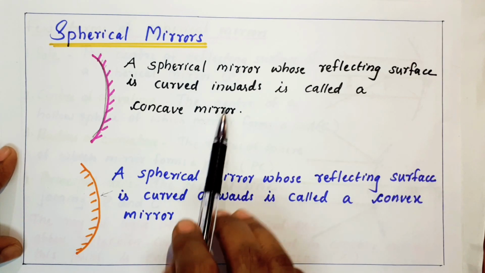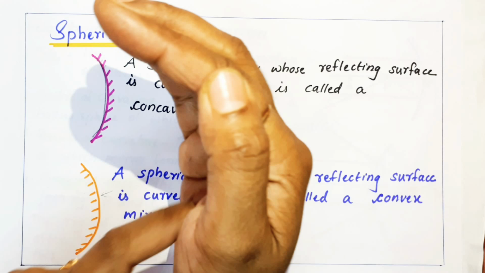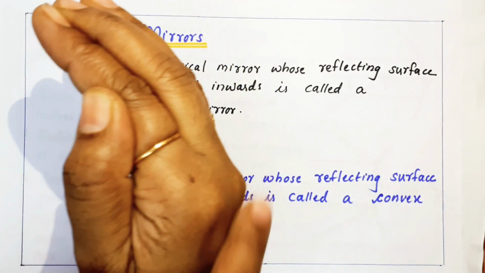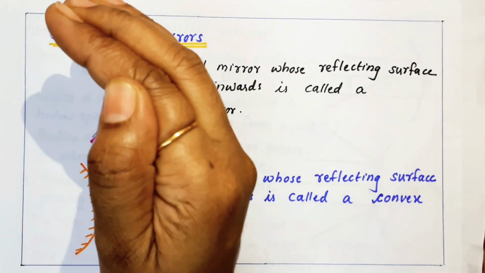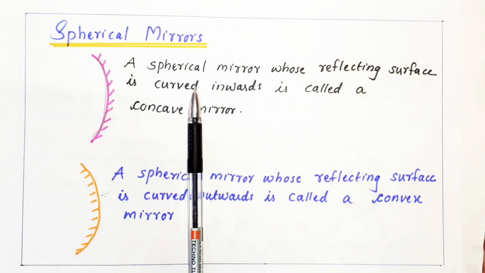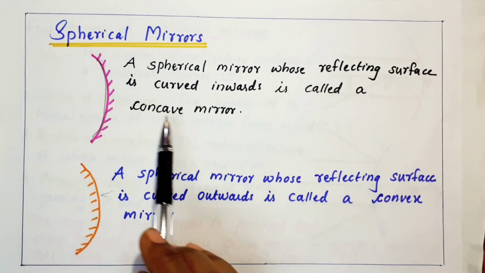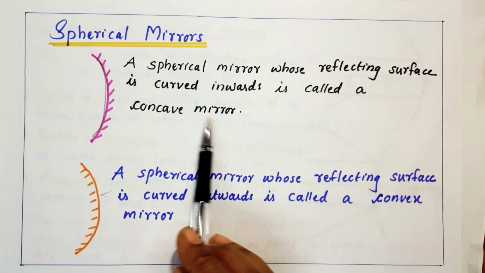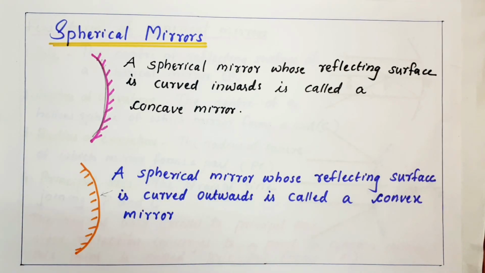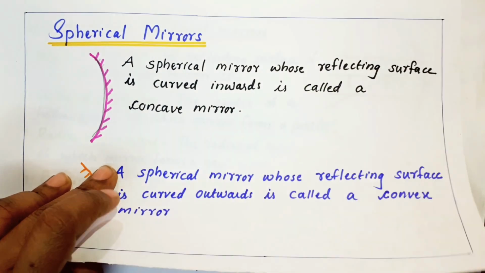I hope you understood. Curved inwards. See again, this part is curved inwards, so this part acts as a concave mirror. This part acts as a convex mirror. Same, in a spoon also we see the same. Curved inwards, curved outwards. If the light falls on the curved inward part, that mirror is called the concave mirror. Easy to understand: curved part, cave. But convex means the light is falling on which surface? Bulged surface.